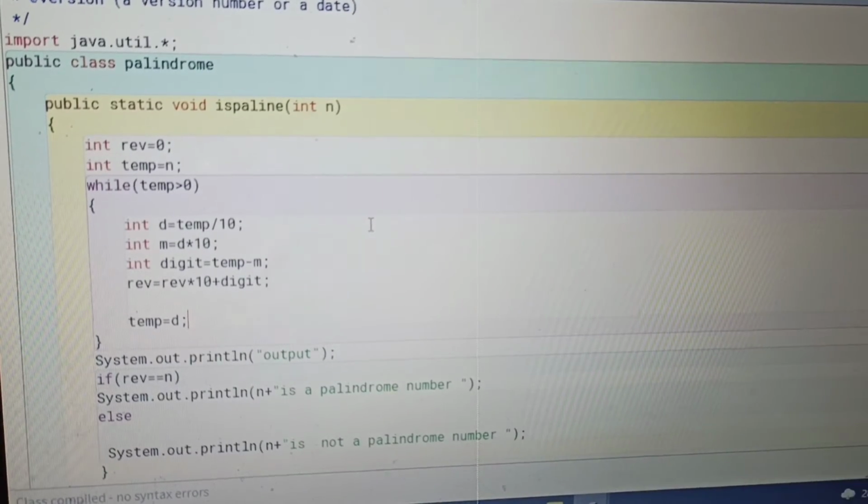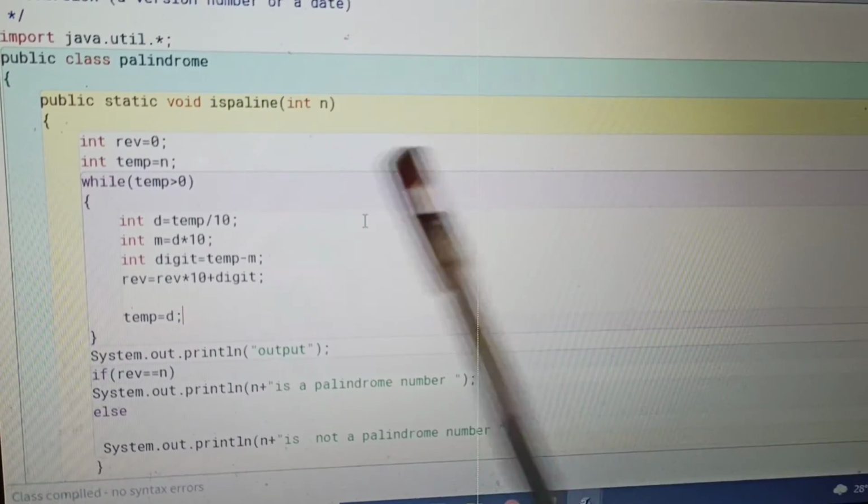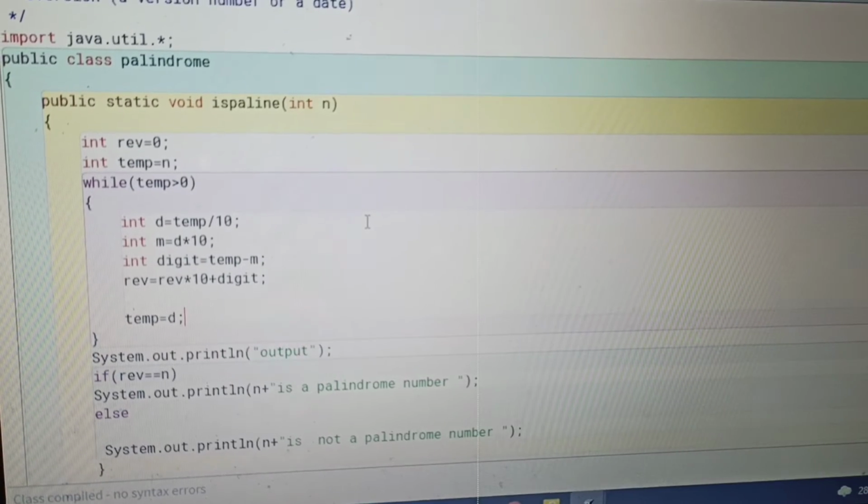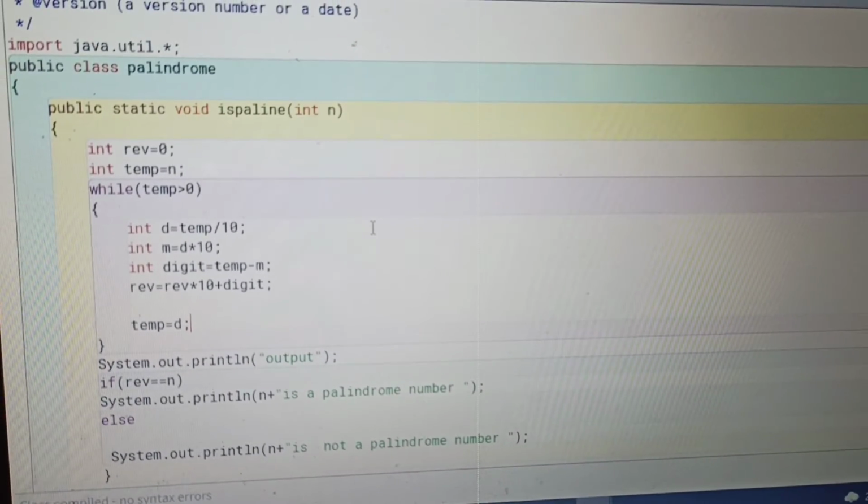Now here it is written temp divided by 10. The value of temp is 121.